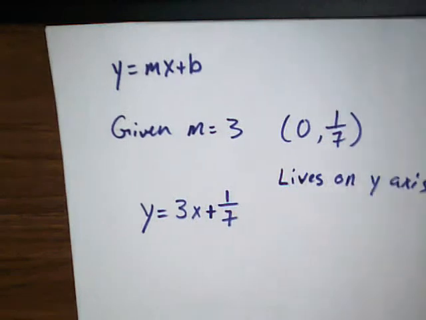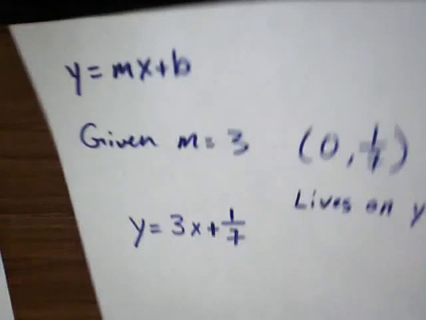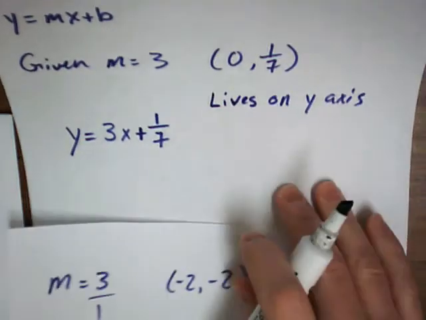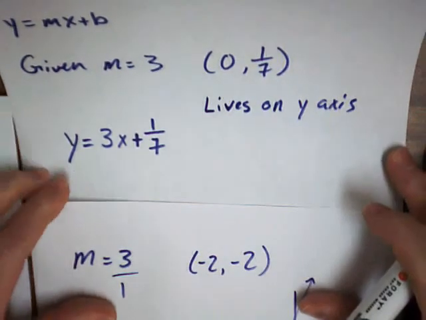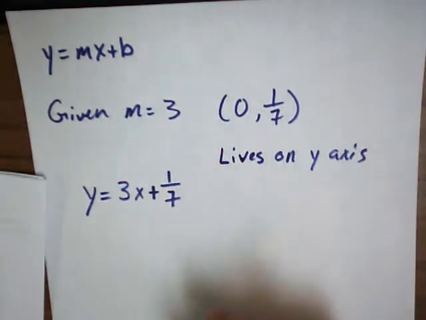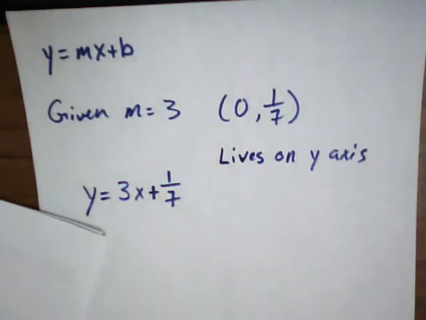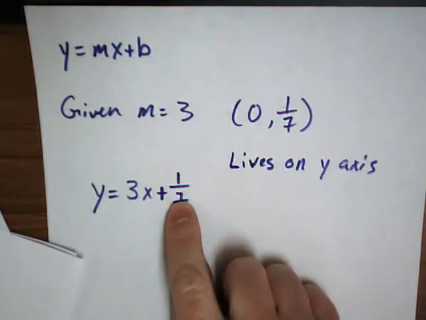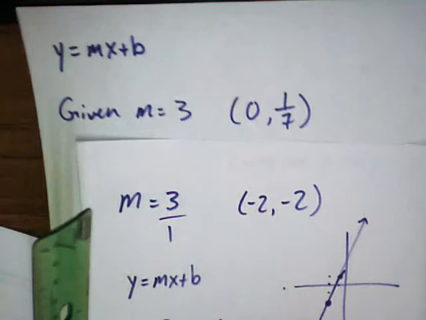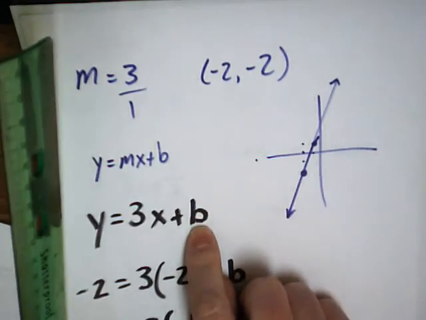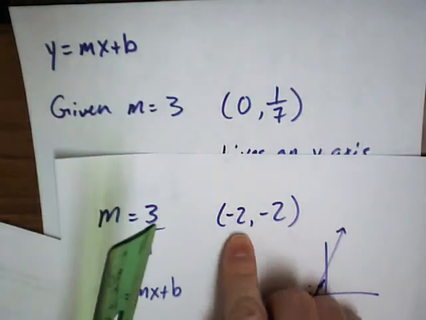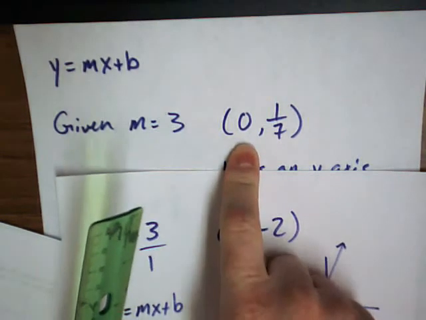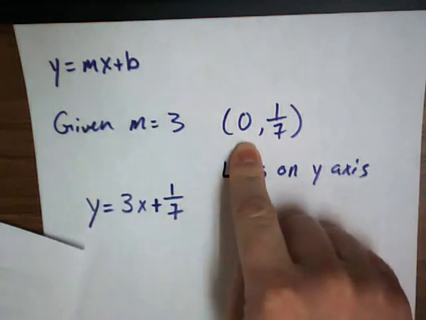Right. So we could do the same way with that one if you wanted to. How come in this one we had to use b and we couldn't just use the number? Okay, so on this one I just used 1/7 right there. And your question is, why don't you just use -2 right there? Just put -2 there and be done with it? Well, see how this has a -2 for the x-coordinate? This one has a 0 in the x-coordinate. That's a big difference, because